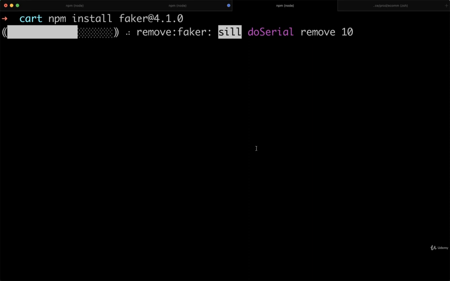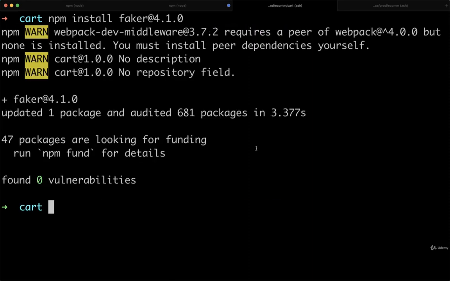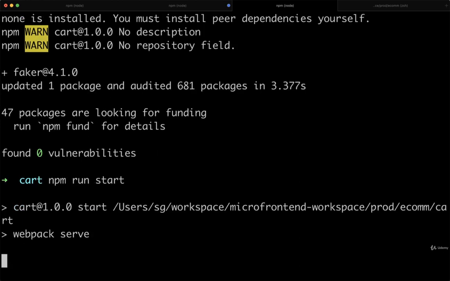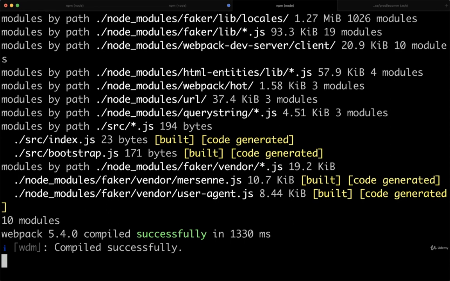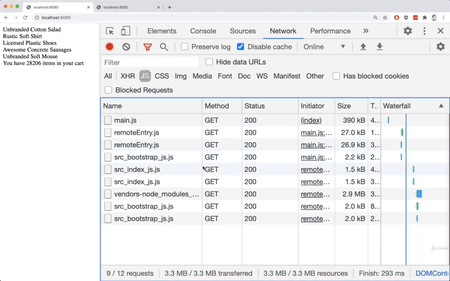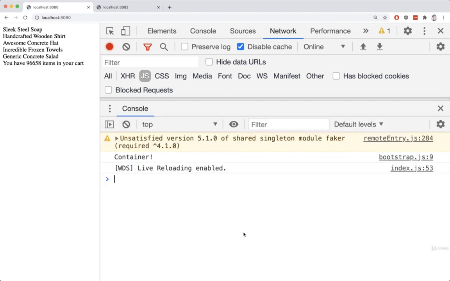So now we have incompatible versions, and the module federation plugin is going to want to load two separate copies of Faker. But like I said, we also put in that singleton rule, which says don't try to load up multiple copies. So let's just see what occurs. Okay, so I'm going to refresh. We'll see that we still get one copy right here, but if you open up your console, you'll see a big warning message right here. So the warning message says that we have version 5.1.0, but we want version 4.1.0. So this is the sign from Webpack that it was not able to load up the dependencies